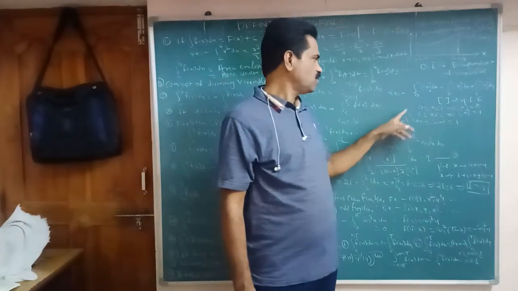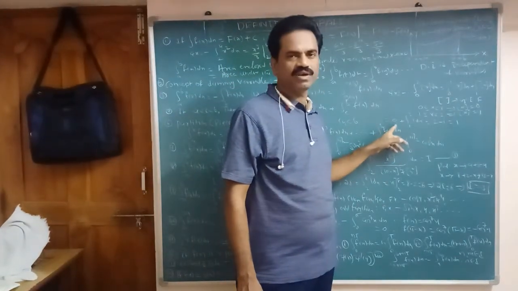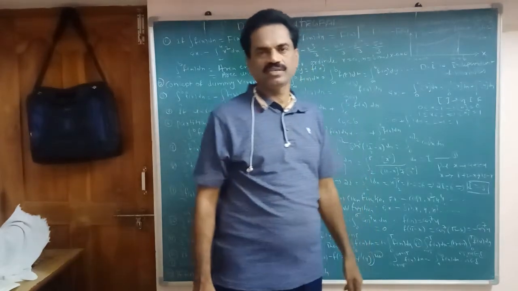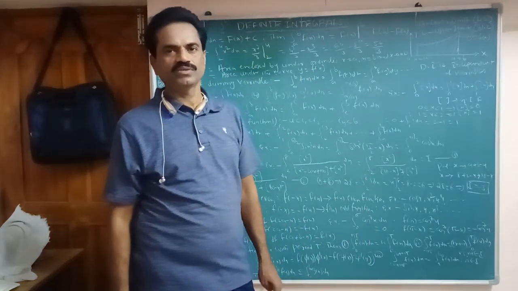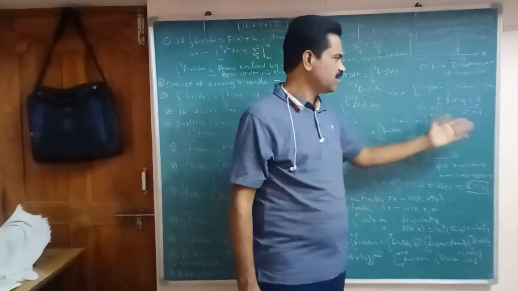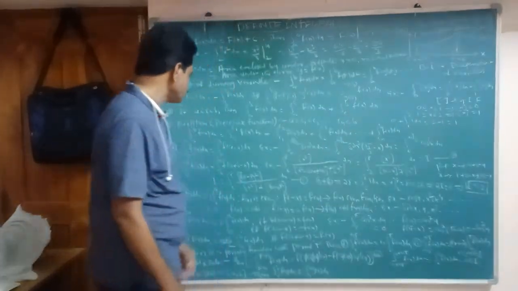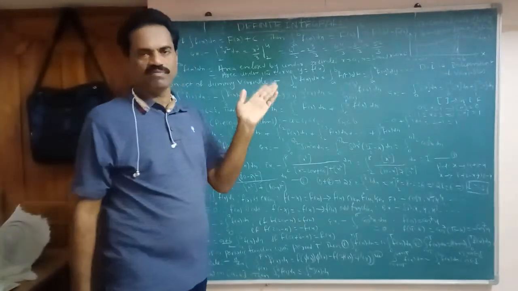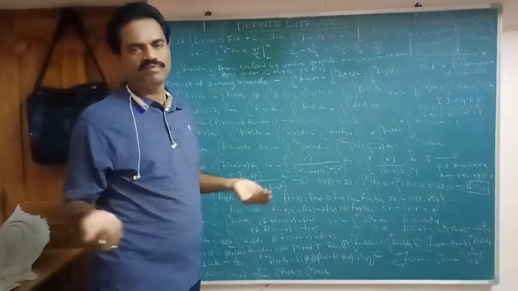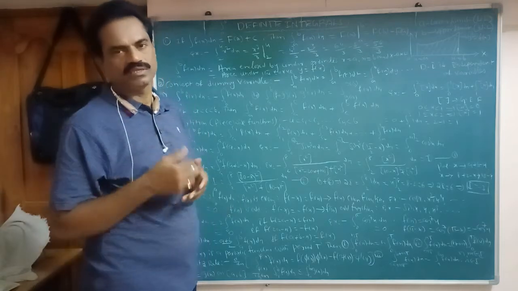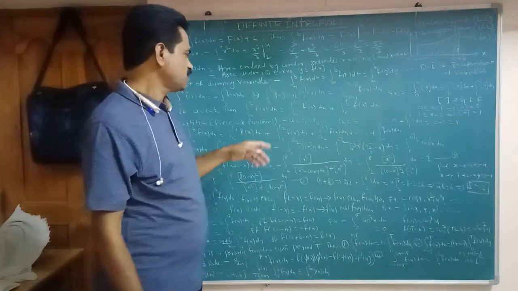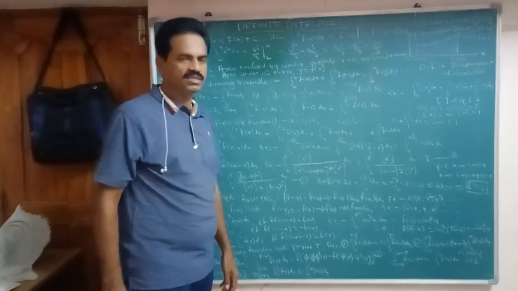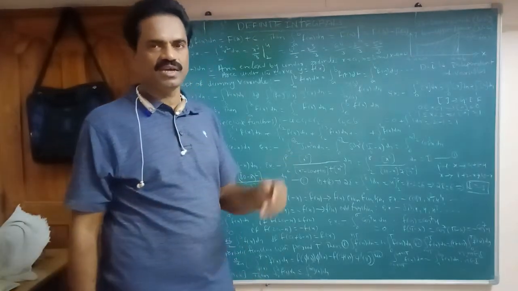So for 0 to 1, the step x value is 0, and for 1 to 2, the step x value is 1. The integration of 1 is x, so it is upper limit minus lower limit, 2 minus 1, which is 1. For piecewise partition, here only one c value is between. In general, between a and b there can be c1, c2, and so on up to cn, that is a less than c1 less than c2 less than so on, cn minus 1 less than cn less than b.